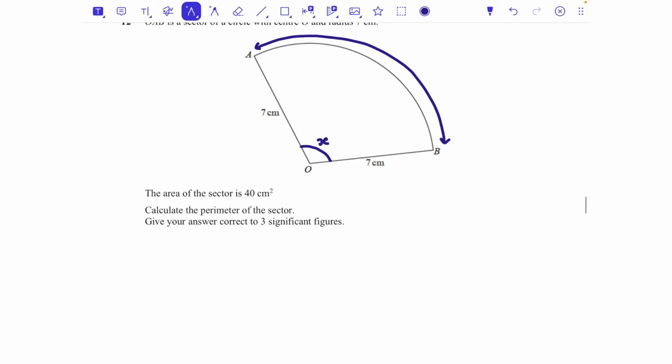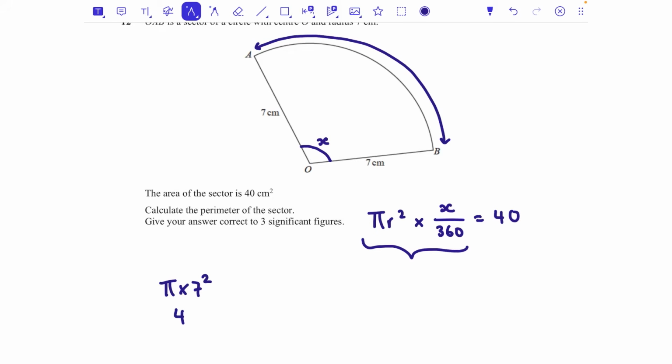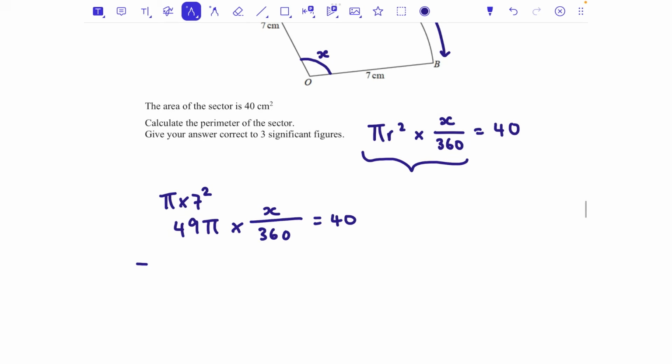If we're told the area is 40, we know that pi r squared times x out of 360 needs to equal 40. This is how I work out the area of a sector. It's the area of a circle, that's the formula for the area of a circle, times by the fraction that I'm interested in. Now I know the radius is 7, so pi times 7 squared, or 49 pi, times x over 360 equals 40. I'm going to try and solve this. I'm going to divide this side by 49 pi, and I'm going to divide this side by 49 pi. So 40 divided by 49 pi gives me